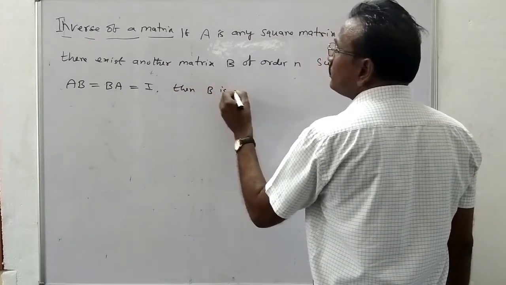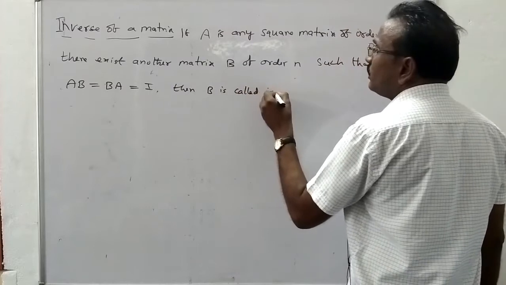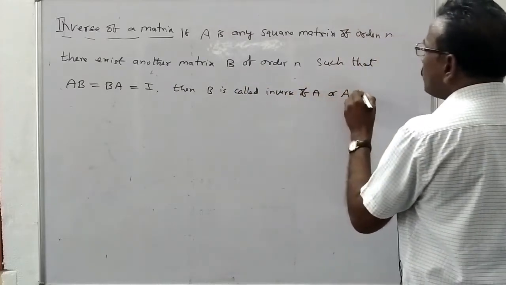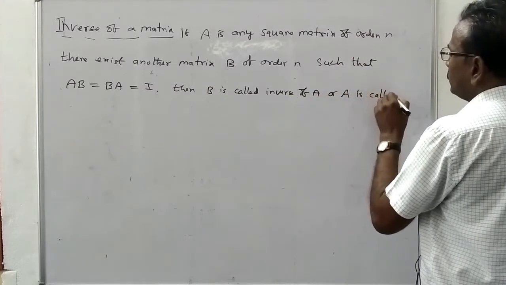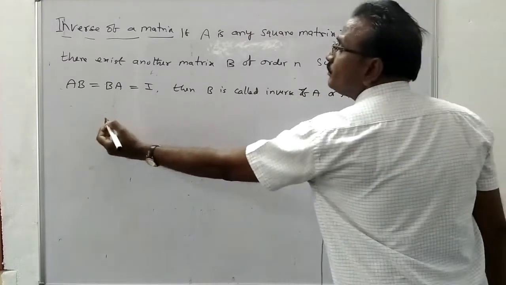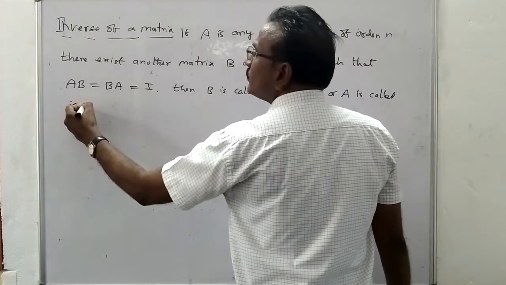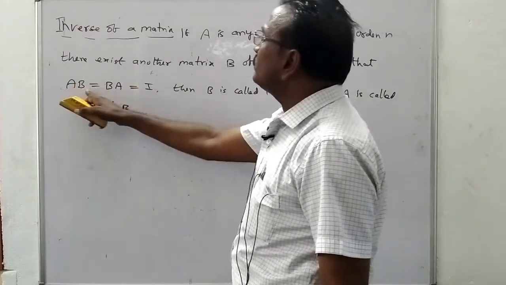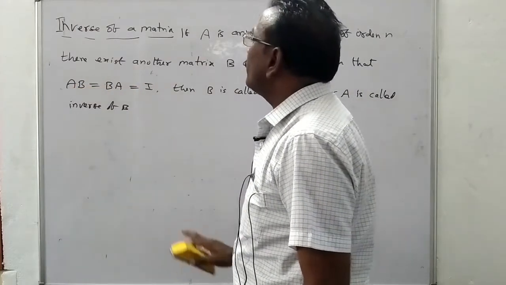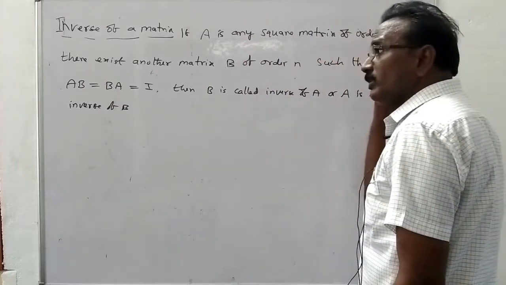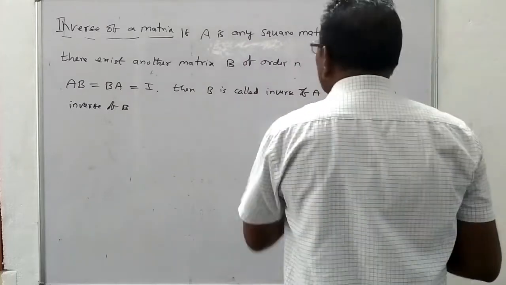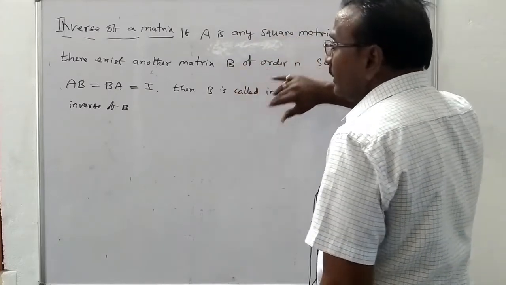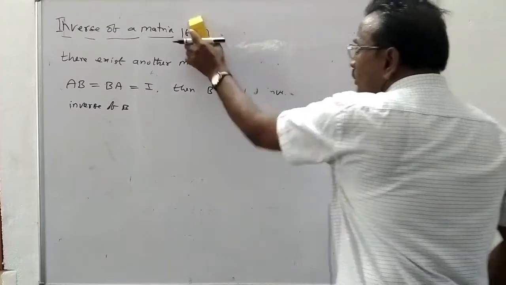B is called inverse of A or A is called inverse of B. Here AB is equal to BA is equal to I. B is called inverse of matrix A or A is called inverse of matrix B. So this is the definition of inverse of a matrix. Next, only square matrices have an inverse. Next, another small result is